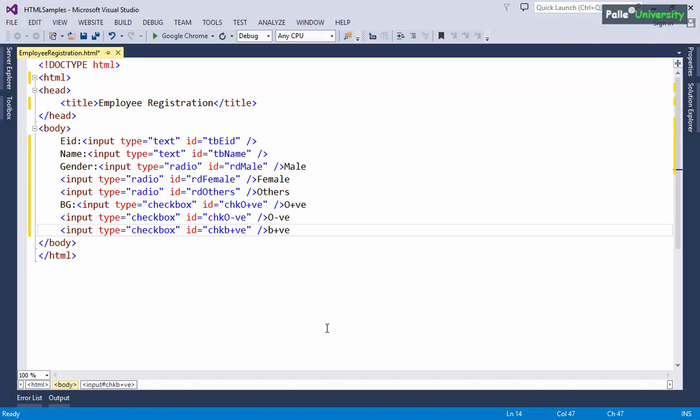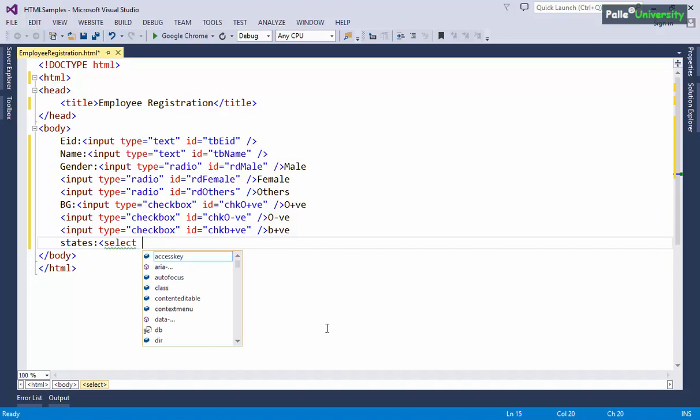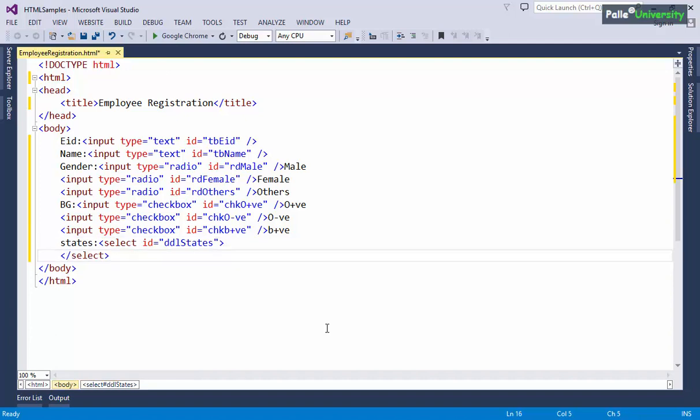After this, we have to create a drop down list. Before the drop down list, I would like to see States as plain text. How to create? We should write select ID is equal to DDL states, end tag, and between the select opening and end tags, we should write option.